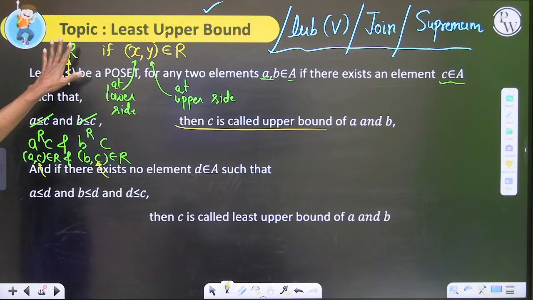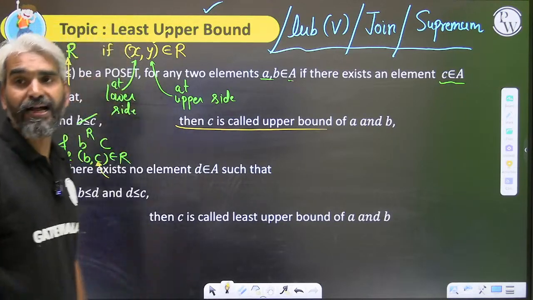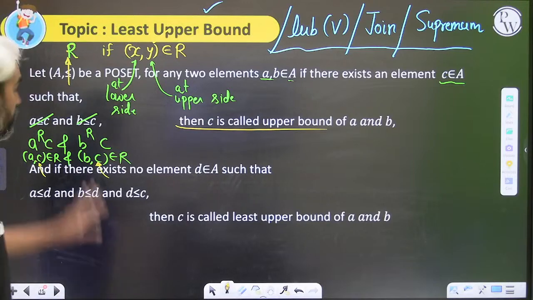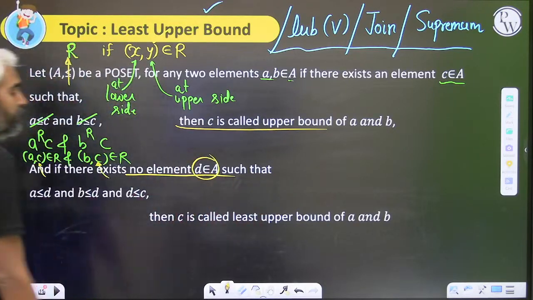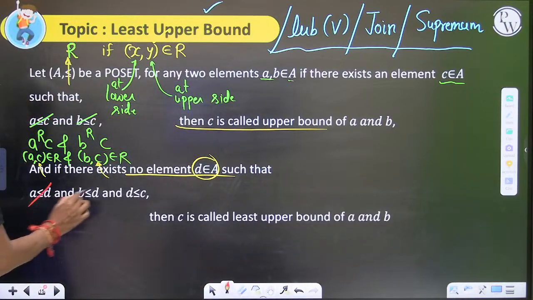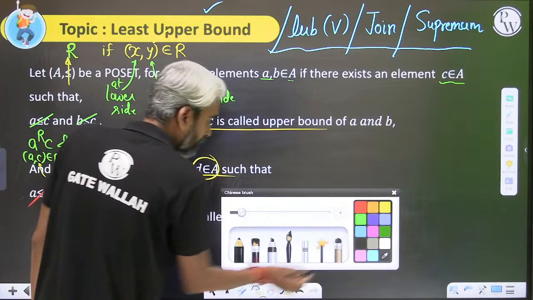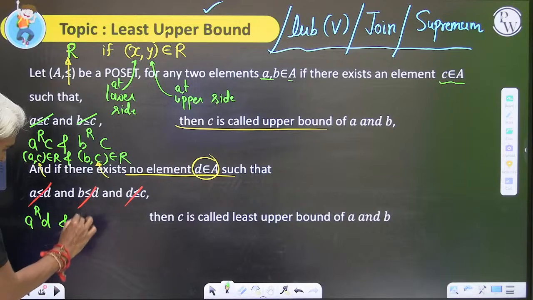So it need not be with respect to less than or equals to, it can be with respect to any random partial order relation R. Clear? Now, if there exists no element D belonging to set A such that A relates to D and B relates to D,